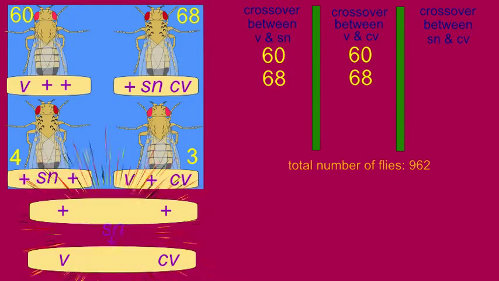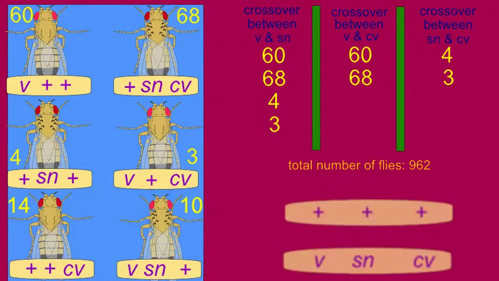that these flies were created in crossover events which separated the mutation singed from the other two mutations. And so therefore, the number of these flies, the 4 singed flies, and the 3 flies which are vermilion cross-veinless, these result from a crossover separating singed from the other two, and these numbers, 4 and 3, will be added to the columns where a crossover event occurs between singed and cross-veinless, and a crossover event occurs between singed and